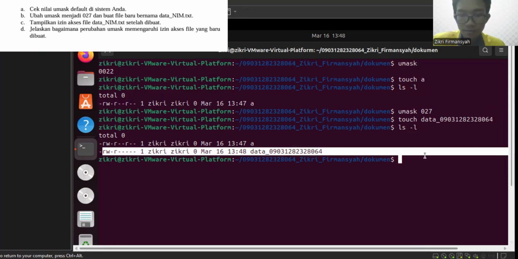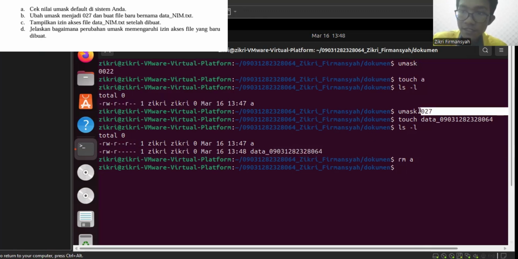So my conclusion is the UMask has a value which is used to decrease the maximum access from the files. Like we say, if the file has the max access value of 6, 6, and 6, and then we have UMask 0, 2, and 7, so we can decrease each access with each UMask value.